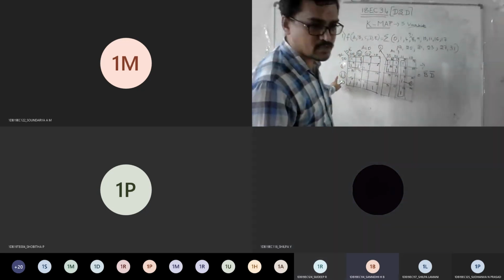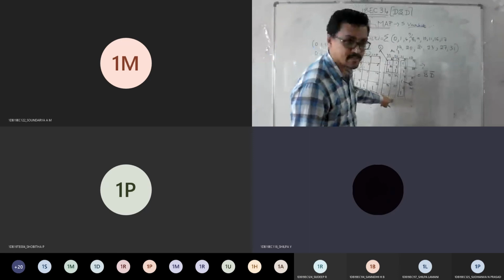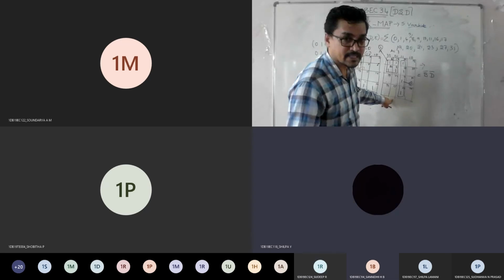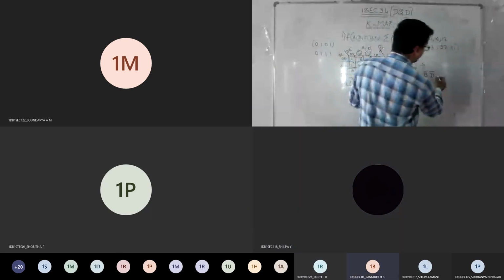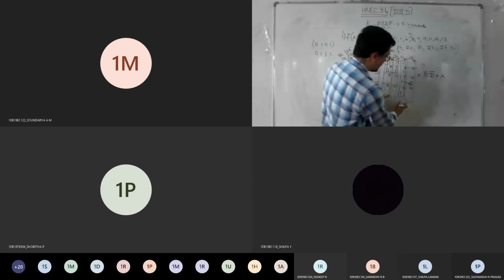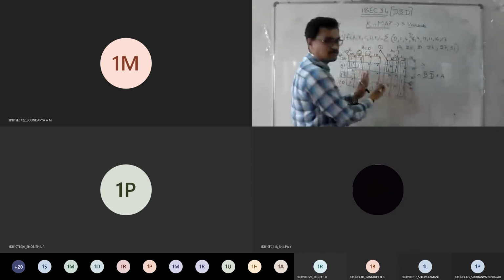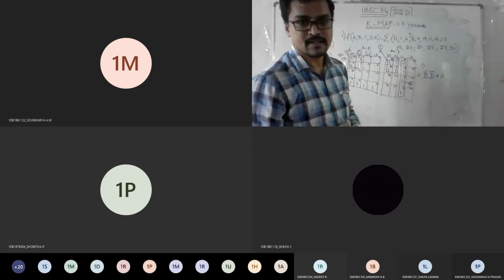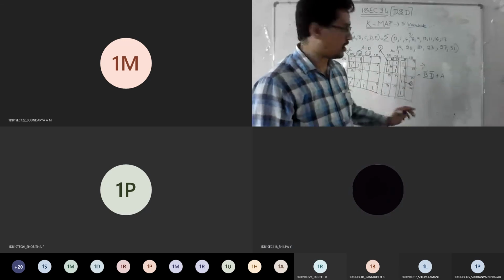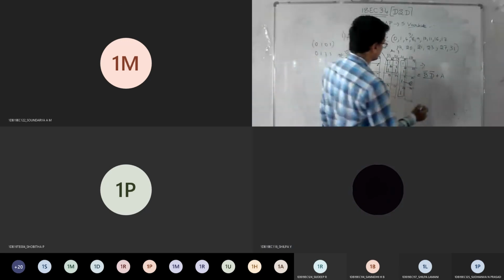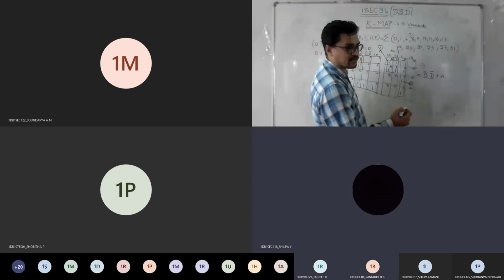Here this part, AD, completely goes off, right? But what should I consider? A. Don't forget that A is there, because A is only for this table. When you got this answer, we were clubbing both, so A into A bar was 1. That's why I didn't take A in that picture. Now A is there, then AD.